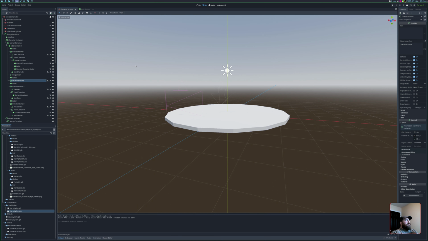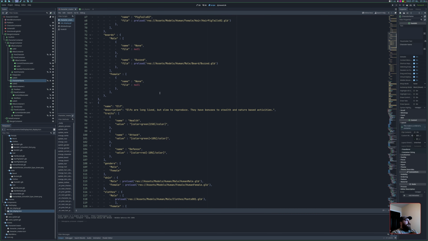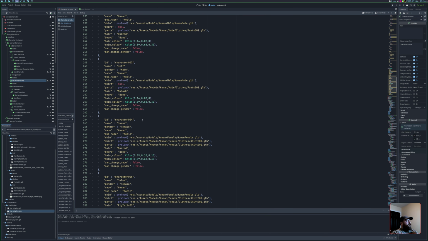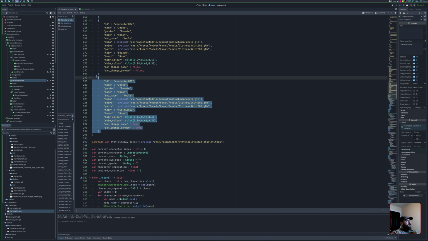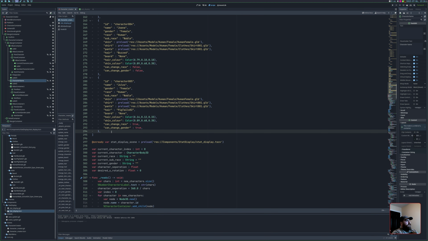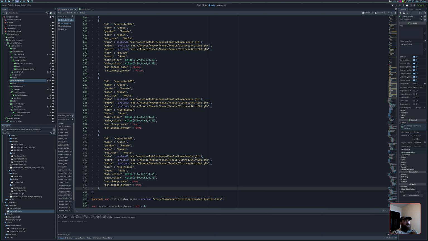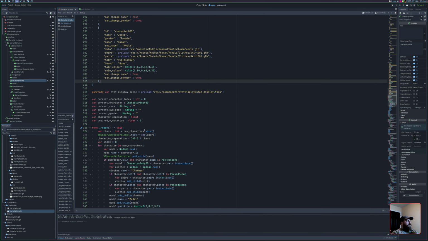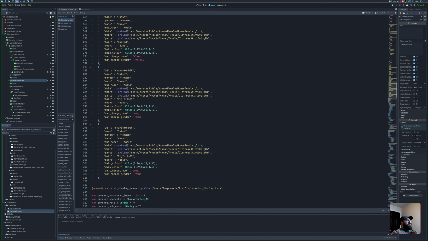For instance, if we wanted to add another character to our starting scenario, we could just copy paste. Now there is a limit just based on the diameter of that circle. It essentially will divide a circle by the number of characters, and that's the rotational offset for them. But now that we've added character 6,